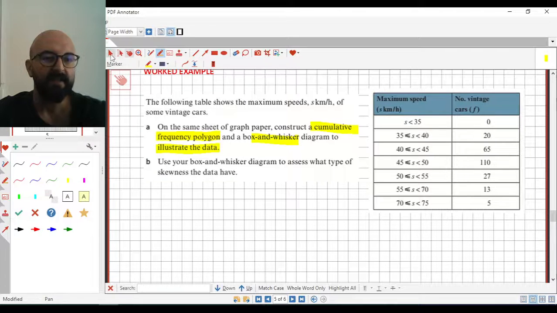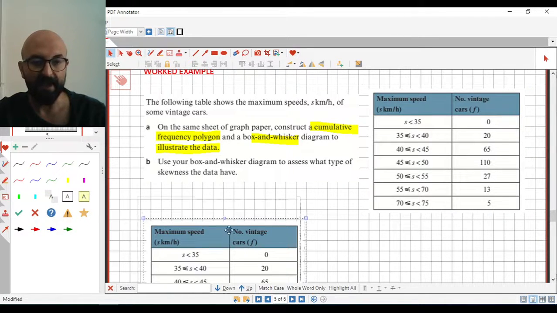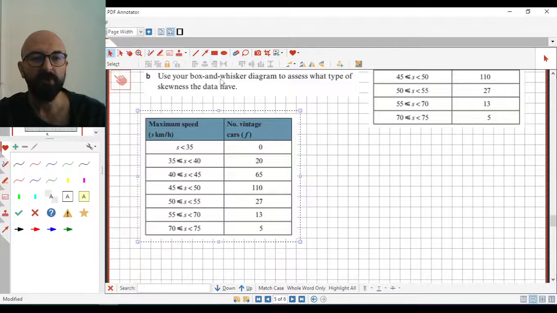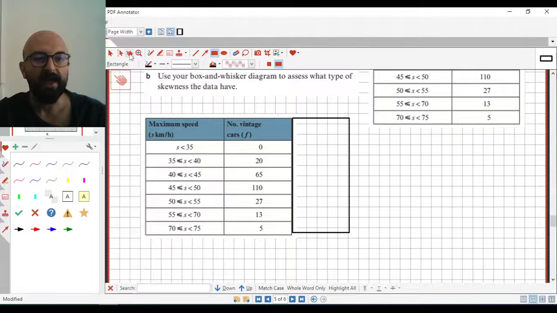Now they want us to draw the cumulative frequency diagram, and for that we should compute the new values, and we should add one more column for the